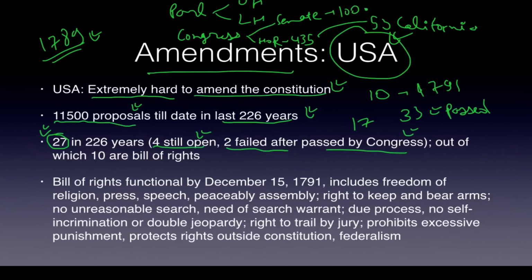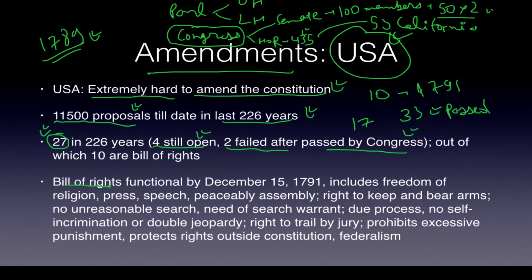It has 100 members, and it is not dependent on the population of the state. 50 states are there in the USA, so 2 from each state will come. Whether it is a small state like Wyoming or Hawaii, or a large state like California, it does not matter. Population does not matter. Unlike in India, where population matters even in Rajya Sabha, there it does not matter, and 100 people are present in the Senate and 435 in the House of Representatives. This body is called Congress, just like Parliament in India.